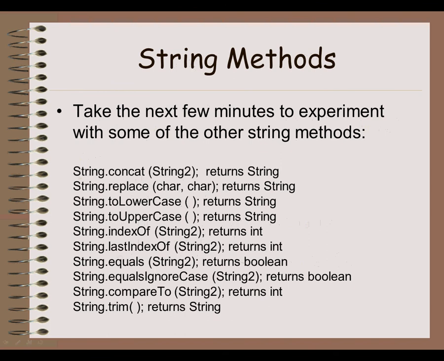Now there's a variety of other methods. I don't have time to go through absolutely all of them, but tomorrow in class we'll sit down and take a look at what each of these methods does. So again, to use them, you're going to provide the string you're going to work with, dot, the method you're working with, and then inside the bracket here, it tells me what kind of information I need to run this method. So in this case, I have to provide some other string to concatenate with my first string. In this case, I'm going to replace a char with another char. And then over here, it tells me what kind of information is going to be sent back from running this method. So when I do a concatenate method, it's going to return a string that I could print, save, store, or do